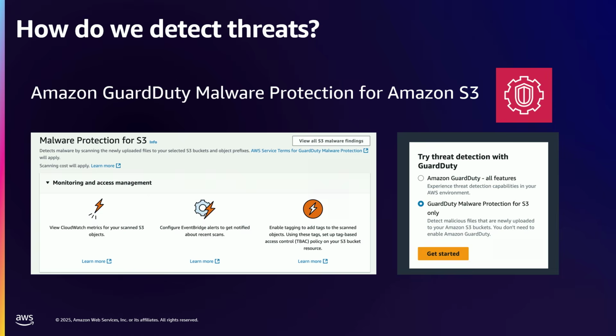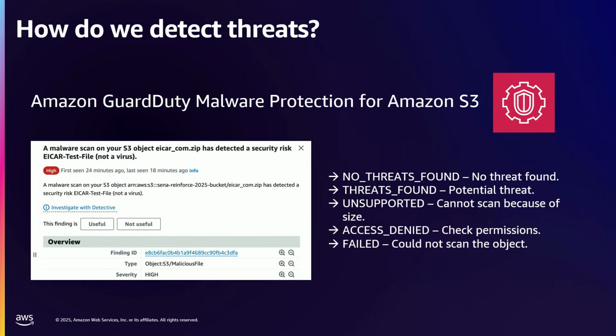Amazon GuardDuty scans your newly uploaded objects in real time, and we get tags for the new objects. If an object has some threats, GuardDuty tags it as threats found.